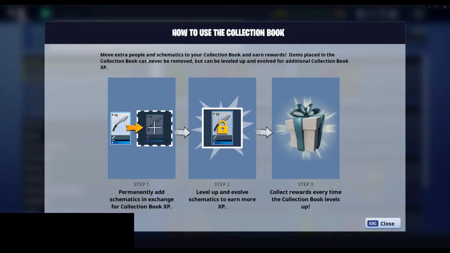It says move extra people and schematics into your collection book and earn rewards. Items placed in the collection book can never be removed, but can be leveled up and evolved for additional collection book experience. So to elaborate on that, what that means is if I have a schematic for a gun or a sword or